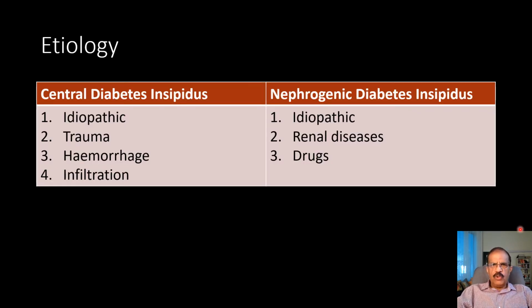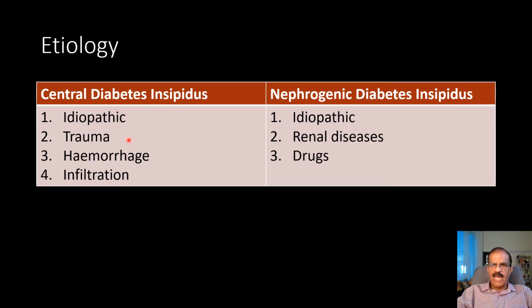What is the etiology? We have two types of diabetes insipidus: one is central, and the other is nephrogenic. In central diabetes, many times we are just unable to determine the cause. Perhaps there is some congenital problem with the production of antidiuretic hormone. The enzymes required for the production of antidiuretic hormone are lacking or deficient, so it could be purely idiopathic, or